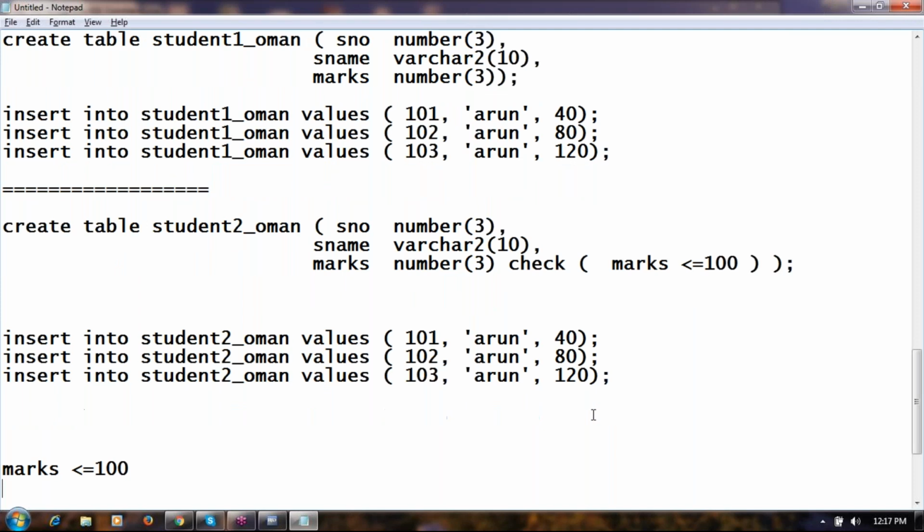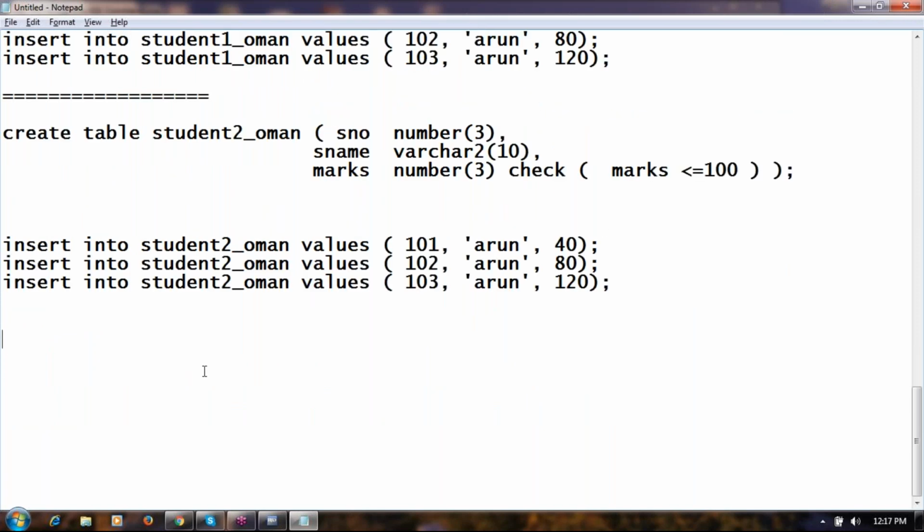Another example. Practically, where again a check constraint is used, especially in banking applications. To open an account in ICICI Bank, the minimum balance is 10,000. So in the banking application, they will define a check constraint saying that the balance should be greater than or equal to 10,000. You cannot open an account with 3,000. The system will not accept it. So this kind of rule, should be more than 10,000, should be less than 100, or should be between so and so values, can be applied by using the check constraint.